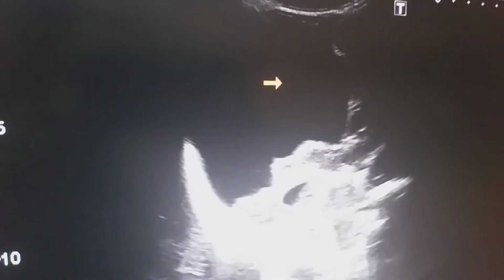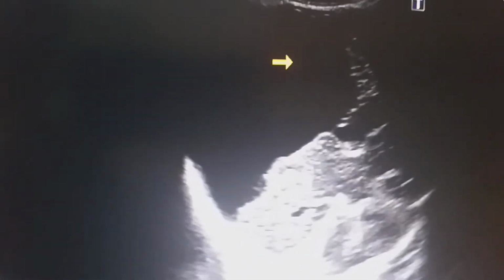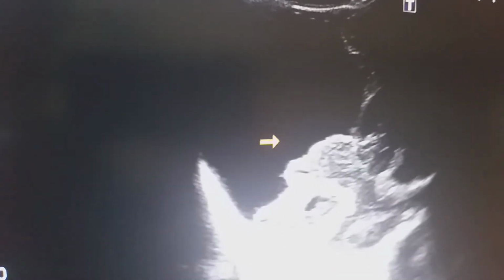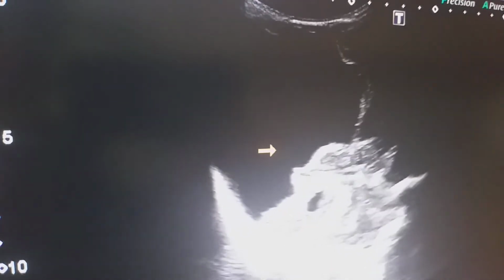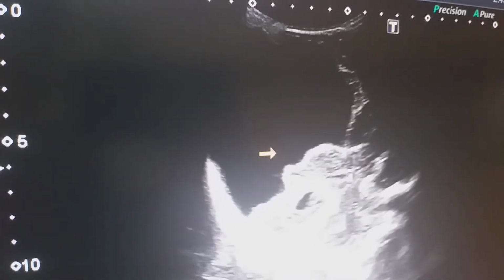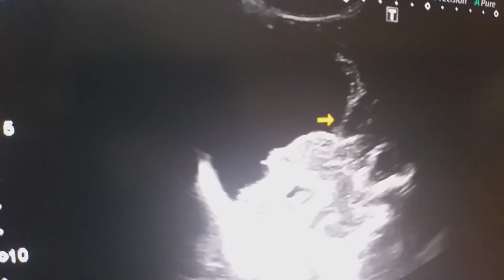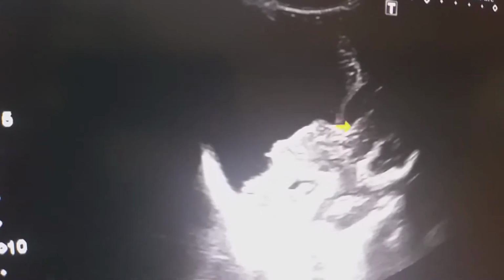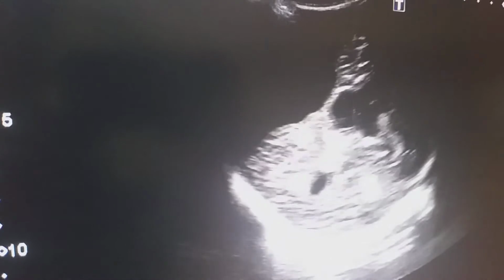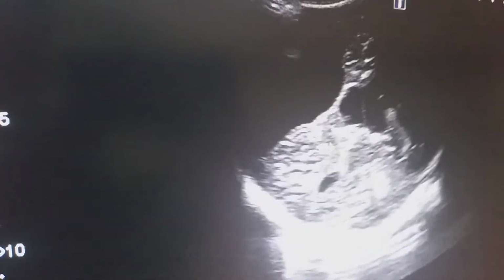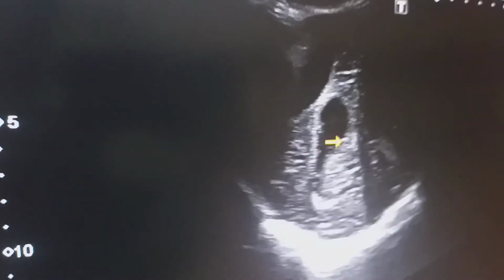So this is the cystic lesion which is present in the middle cranial fossa. So it is an extraaxial cystic lesion which is having mass effect over the brain matter, brain parenchyma, as well as the ventricle. This is the body ventricle. So due to this mass effect, there is mild degree of obstructive hydrocephalus.